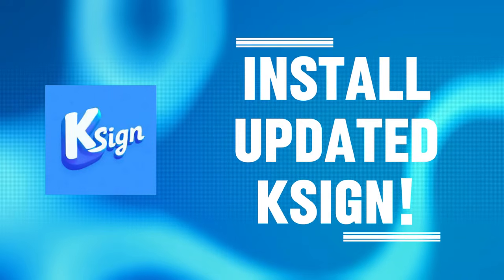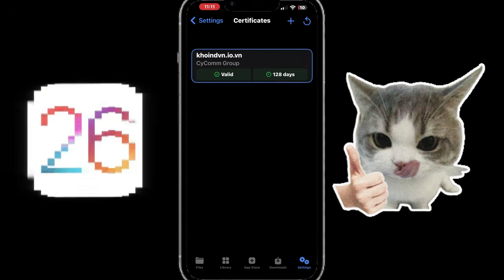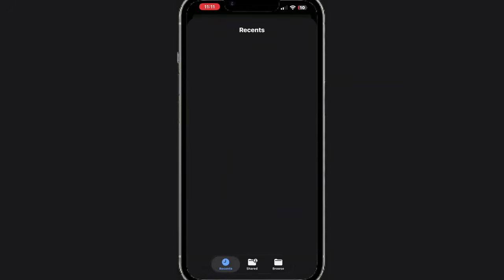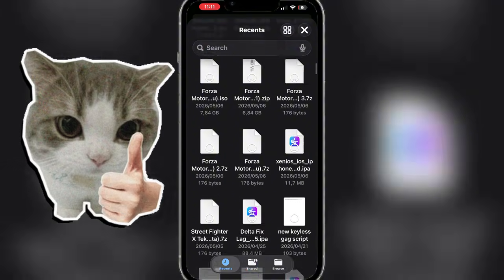Well, look no further, because in today's video I will show you how to install the latest updated Ksign on iOS without any revokes. This guide works on the latest iOS versions, and I'll try to keep it as simple and beginner-friendly as possible so anyone can follow along. So make sure to watch until the end because I'll also share a few tips that can help prevent common